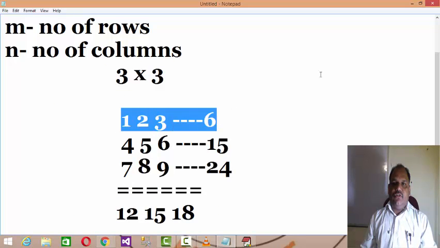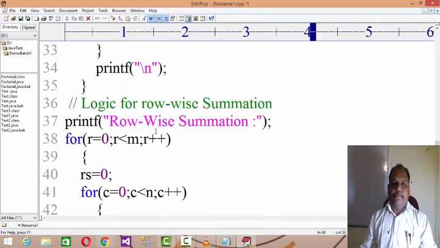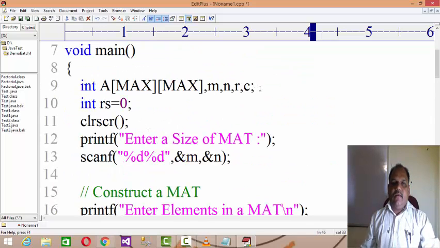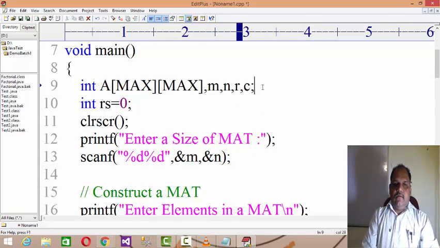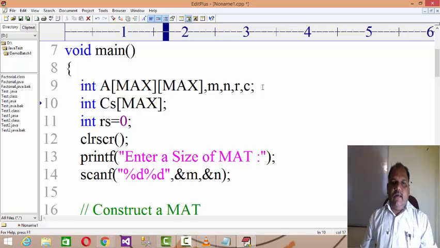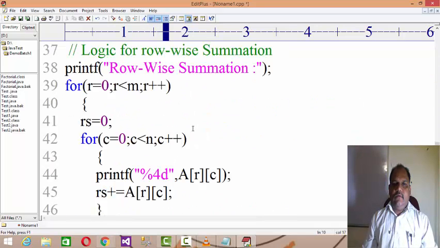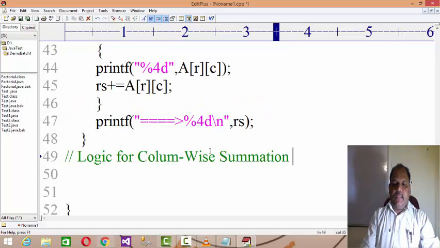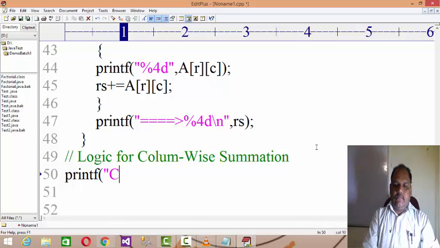So in such situations, why not declare one variable, int column wise sum of max, and the number of columns we have is n over here. So if I write like this, printf column wise summation.